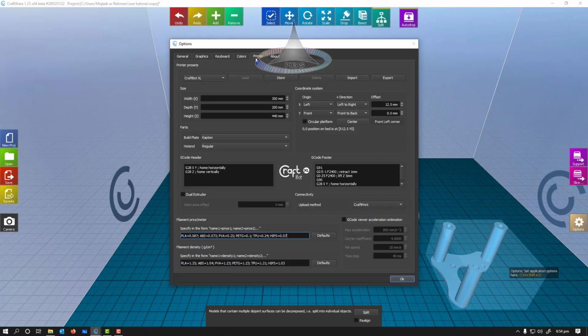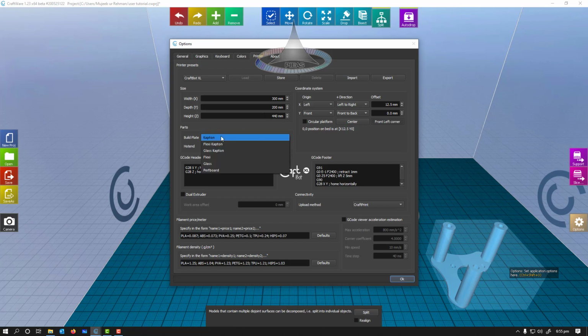I'm going to go with the printer setting. So first of all, you're going to select the Craftbot XL, which is the printer in our lab. You're going to see that its width in the X direction is 300 mm, in the Y direction it is 200 mm, and in the Z direction it is 400 mm. Now if you see here, these are default. If you are going to use another software, you have to put these settings in that software. For example, if you are using Ultimaker Cura, you are going to use these settings in the X, Y, and Z direction to configure the printer.